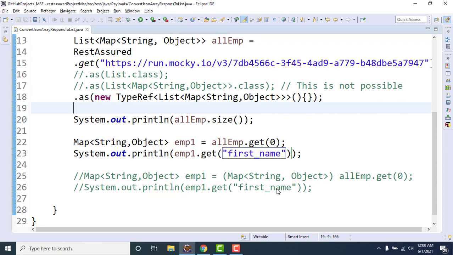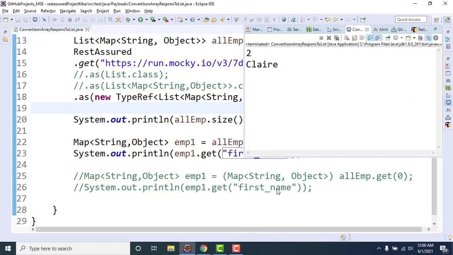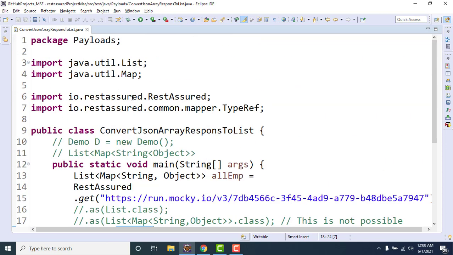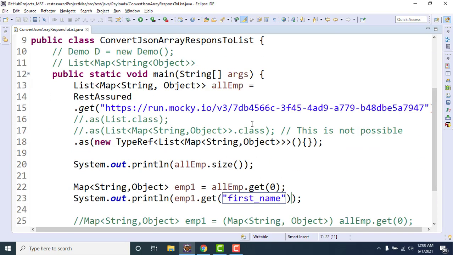Whatever you're comfortable with, whatever you need, you can go for it. You can see it's working fine. If you want the normal one without generic, you need to use list.class in the as method. If you want a list with generic, then you have to use the TypeRef. And remember, this TypeRef should come from RestAssured. So this is the concept.